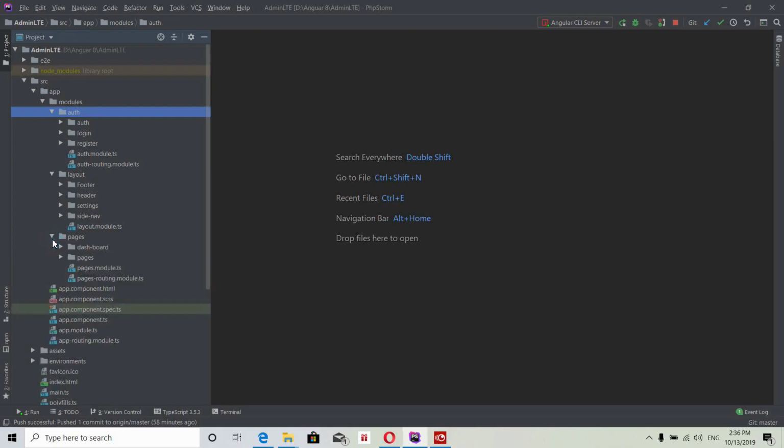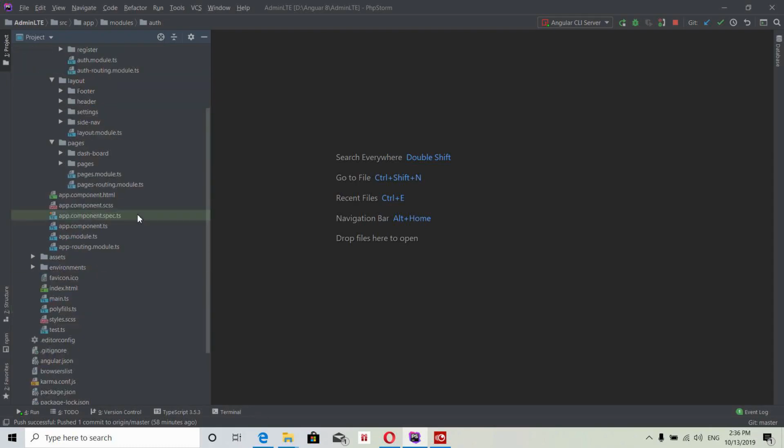And this one is my pages module, which has all my user-authenticated pages, for example the members dashboard page. If you want other pages after user login, you can put them inside this pages module. Non-authenticated pages you must put inside the auth module section.